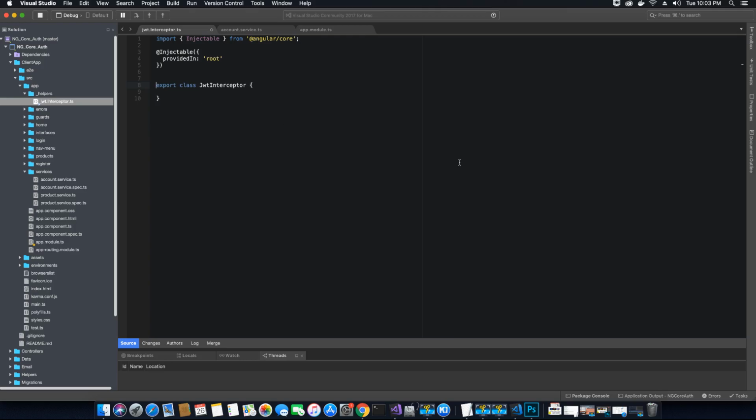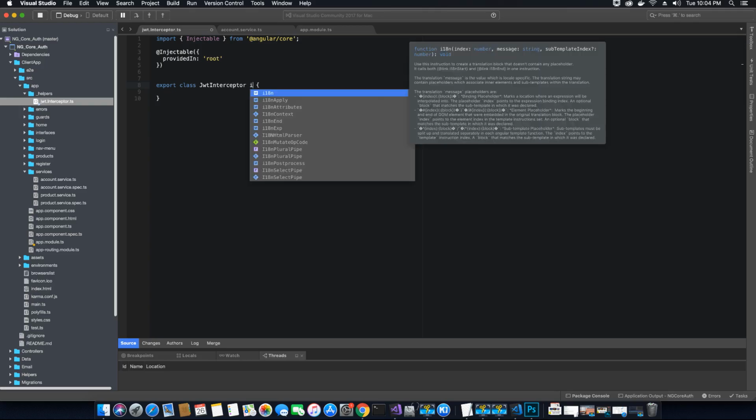So our export class JWT Interceptor. It is very important for this class to intercept HTTP requests. And once it intercepts any HTTP requests in our application, the second thing that it needs to do is attach the JWT authentication token. Now to intercept HTTP requests, whether it's a GET request, POST request, delete request, or update request, whatever kind of HTTP request, if it wants to intercept it, it needs to first implement